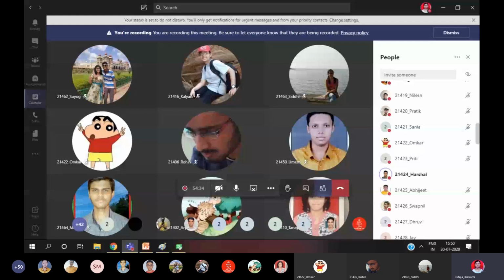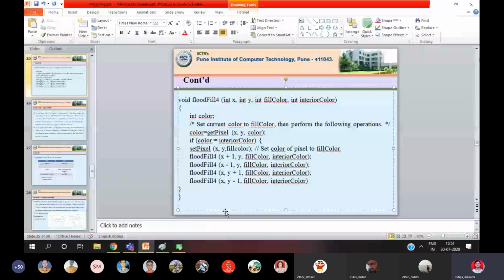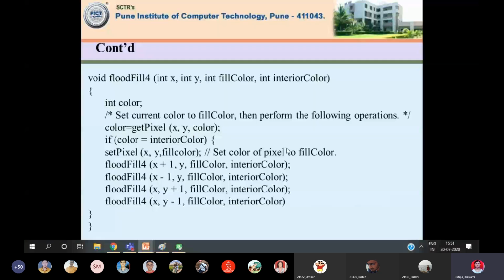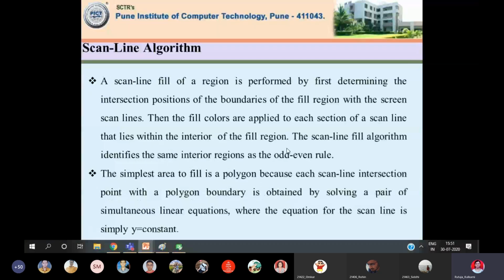No doubt, clear. Okay, so at least today I can give an introduction for the scan line algorithm. So what are the drawbacks of seed fill? We saw stacking and unstacking is one point. It takes time.